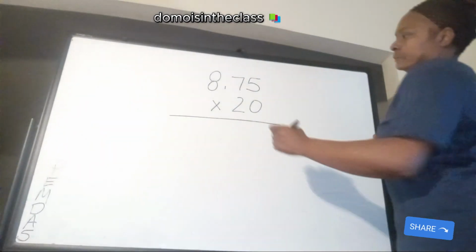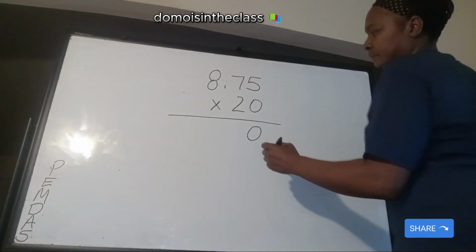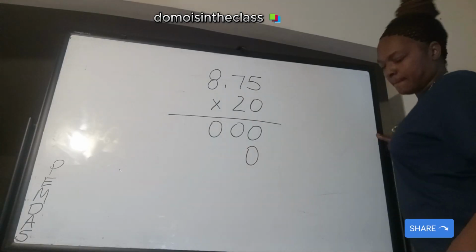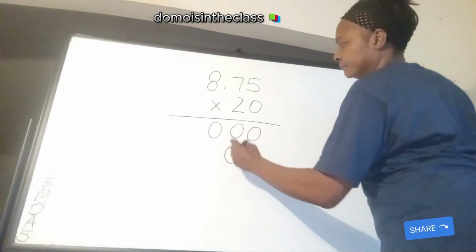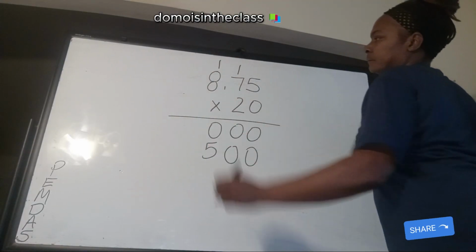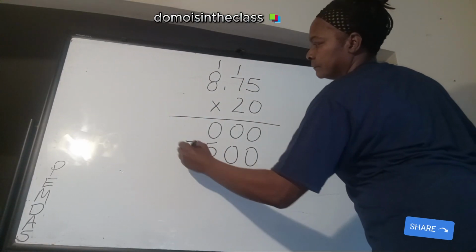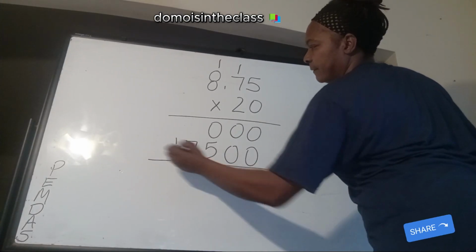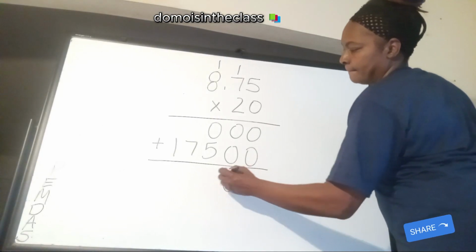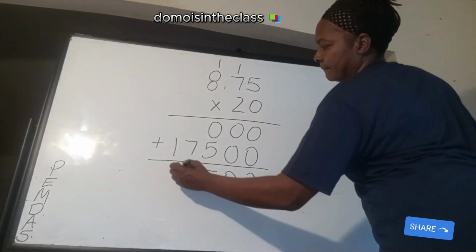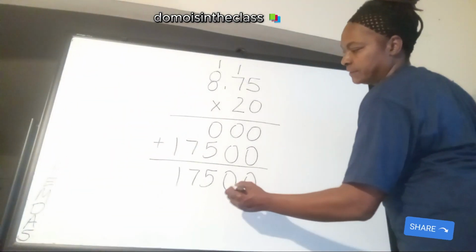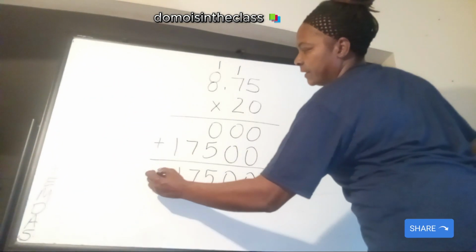5 times 0 equals 0. 0 times 7 equals 0. 0 times 8 equals 0. A placeholder 0. Right. And 2 times 5 equals 10. 2 times 7 equals 14, 15. 8 times 2 equals 16, 17. Then we add that up. Okay, we get 0, 0, and 5, 7, and 1. Great job. How many decimal places? 2. That's right. 1, 2. So 175. Yep, we get an answer of